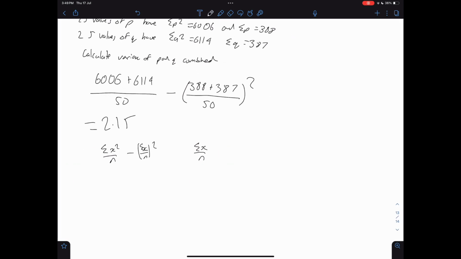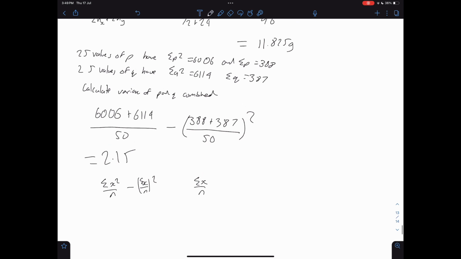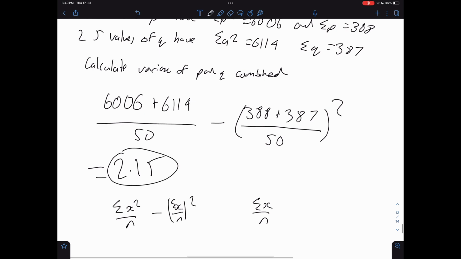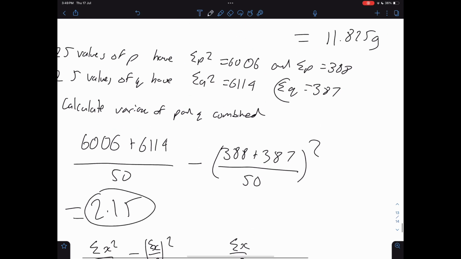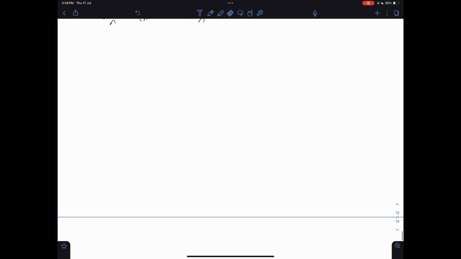It's really not that hard. You may be given a different combination. You might have been given the combined variance and then had to find like the sum of q, but it's just a bit of algebra, and so you should be fine with that. An example of some of the rearrangement you might have to do is